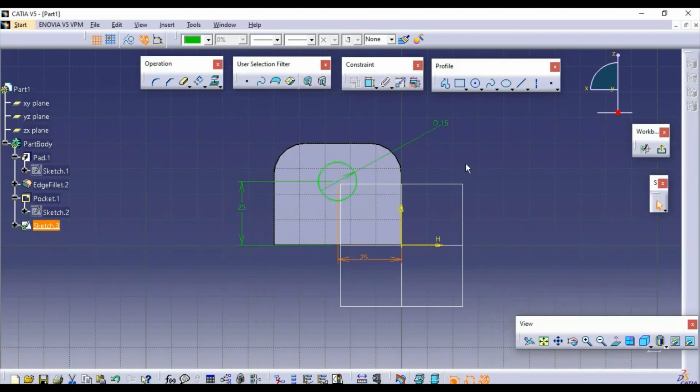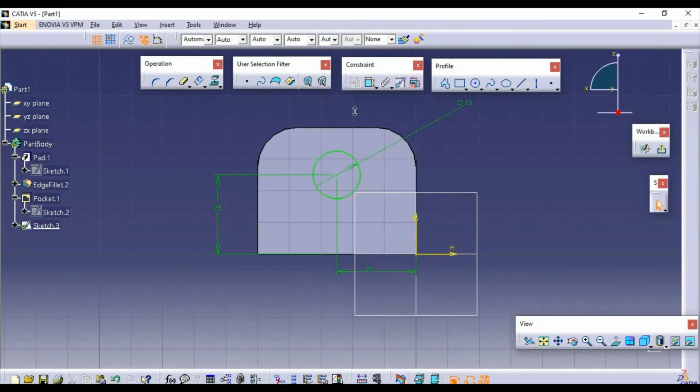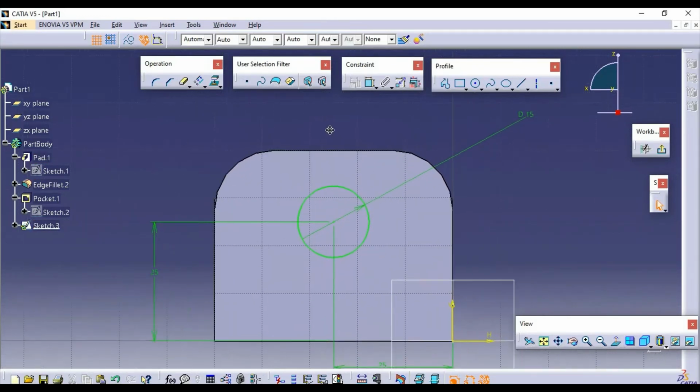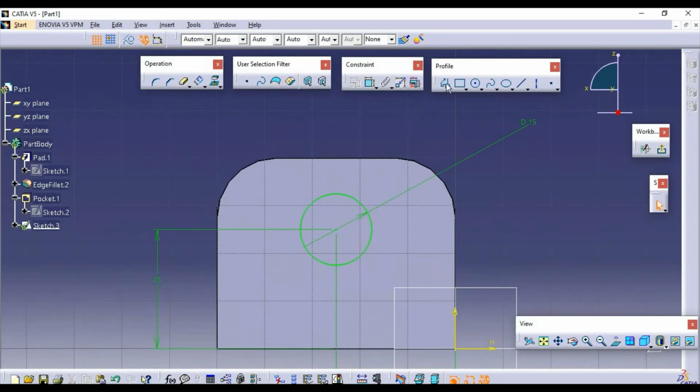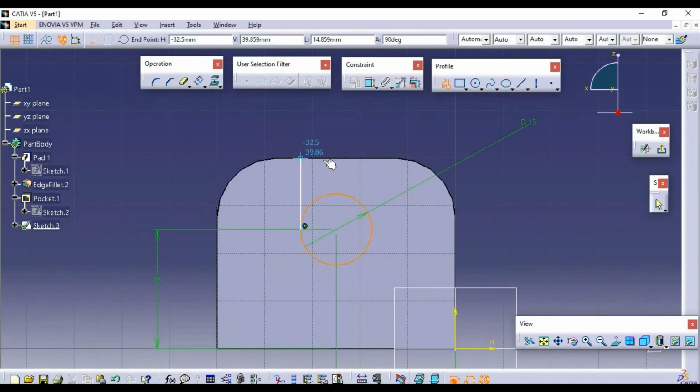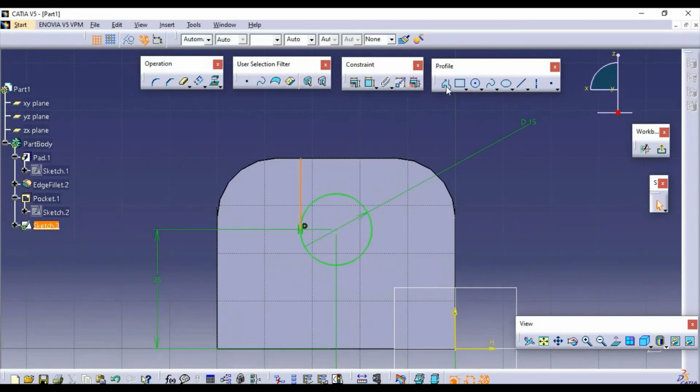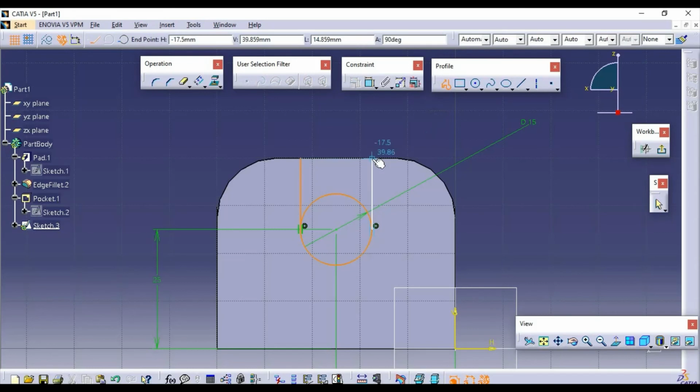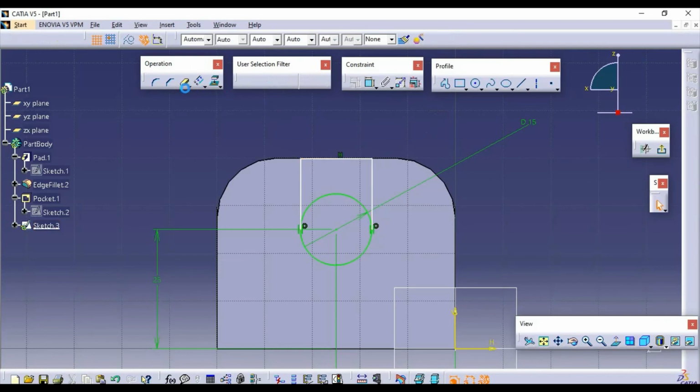We need to cut and remove this portion. So top side we will connect profile line. So our sketch is now complete. Using erase option we will trim unwanted sketches here now. So again exit workbench, and then we will use pocket option to remove the particular part.